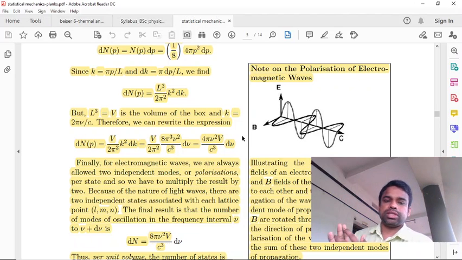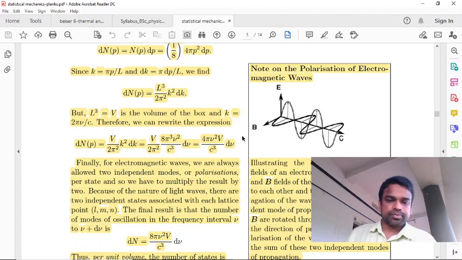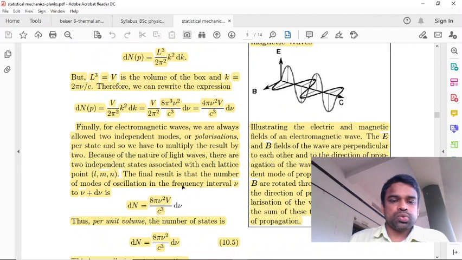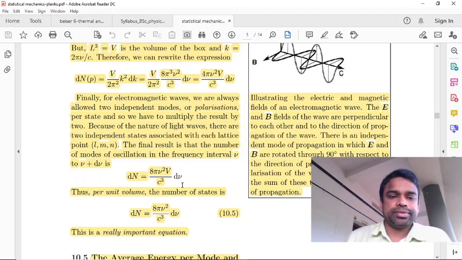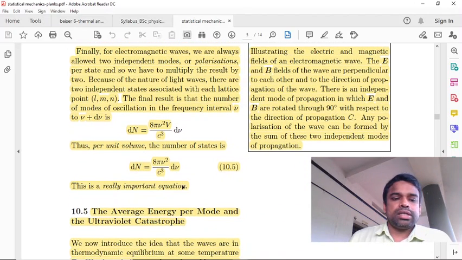So two independent modes are possible if we fix the value of k. Therefore we multiply with 2. Because of the nature of light wave, there are two independent states associated with each lattice point. Therefore the final result